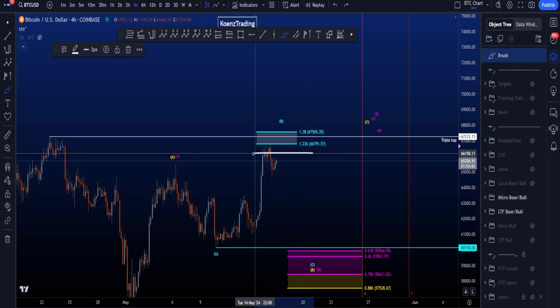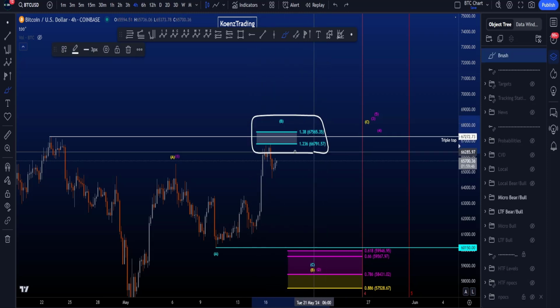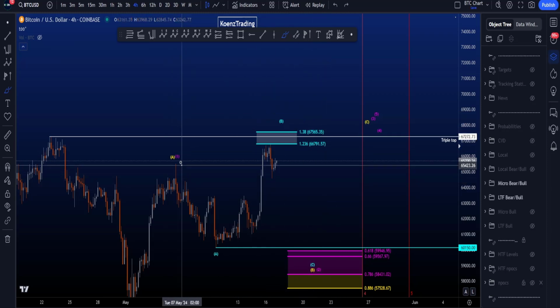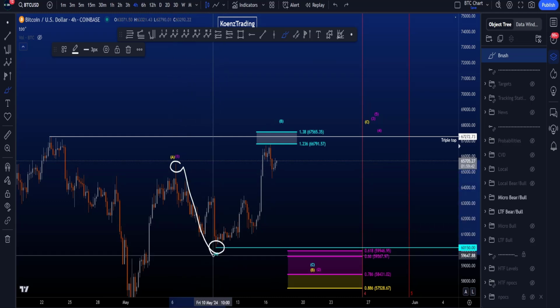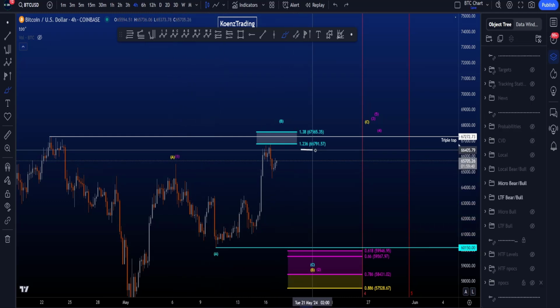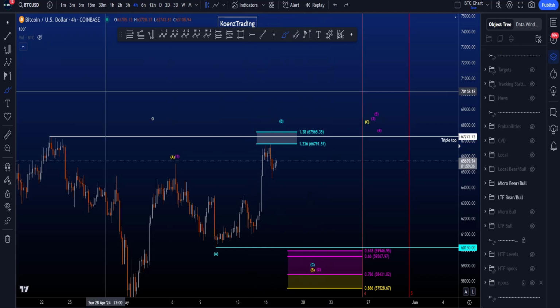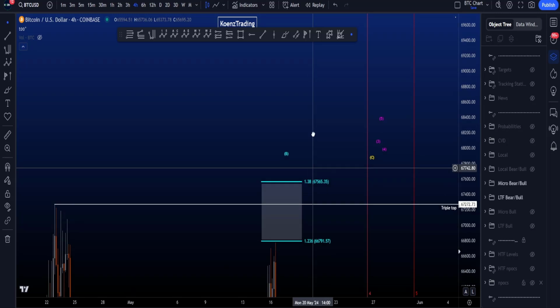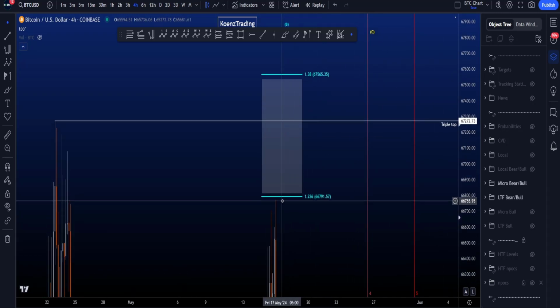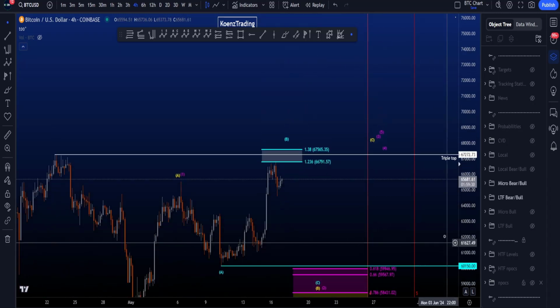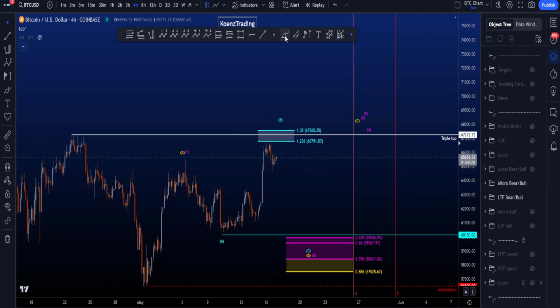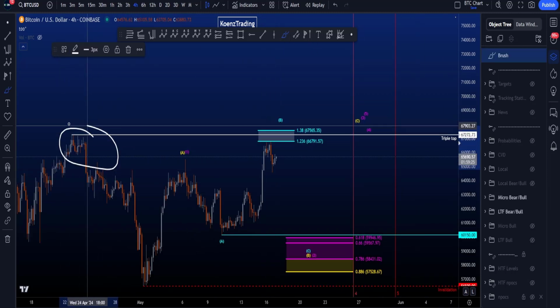Common target area for your wave B is between the 1.236 and the 1.38 Fibonacci, taken from the high to the low of your wave A, giving you a target area between 66.7k and 67.6k. At the moment, price has just missed out on hitting the 1.236 by a few dollars, so it actually would be nice to hit that target area, and we also have a triple top at